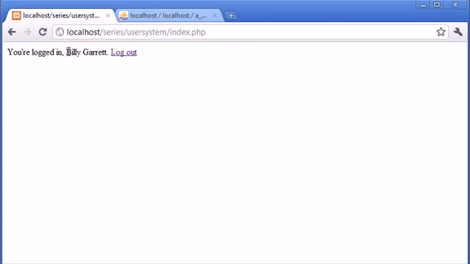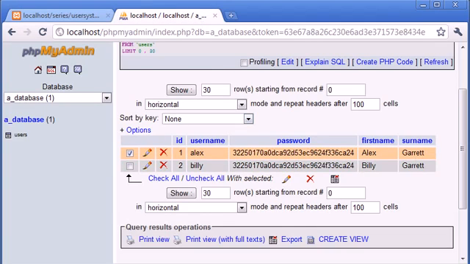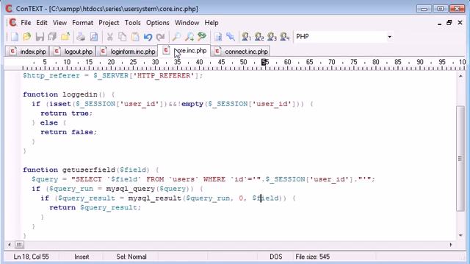Okay, so you can see that it's now taking the data relevant to the user that's currently logged in, and it's displaying it back to us. So now we can supply any field name we want inside here, and it will display it back to the user. So when you eventually use these examples for yourself, when you're learning, and you want to create the registration form, which we're going to do in the next stage, you can add as many fields as you want to your database, and then you can just use this function that we've created inside here, which will be available on any